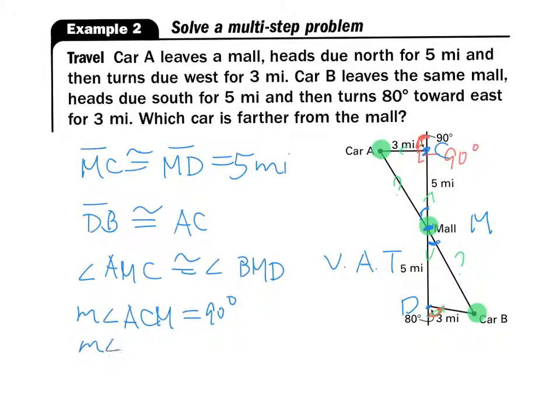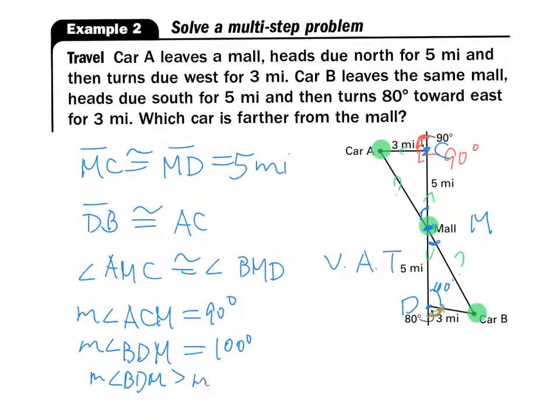And we know that we can calculate the angle measure of BDM. Notice the exterior angle of BDM is 80 degrees. So 180 minus 80, I would have 100 degrees right here. That's 100 degrees because together they make a straight line. In this case, angle measure BDM